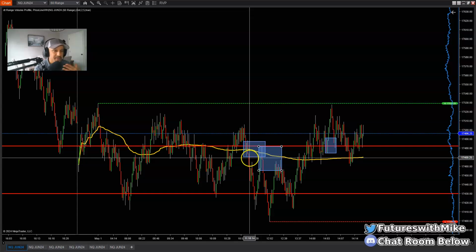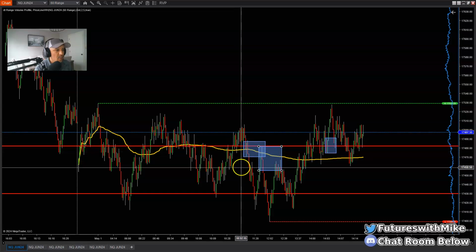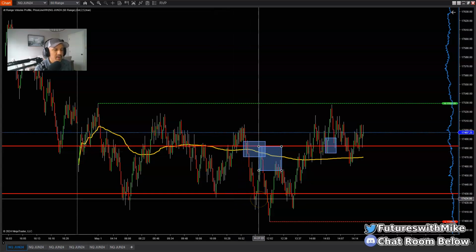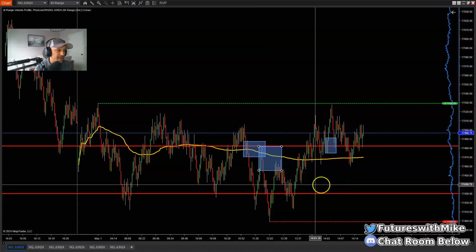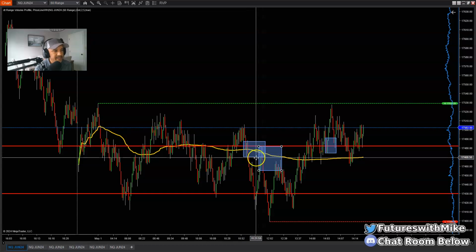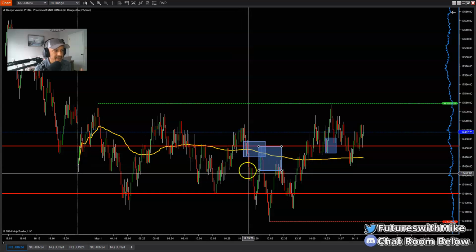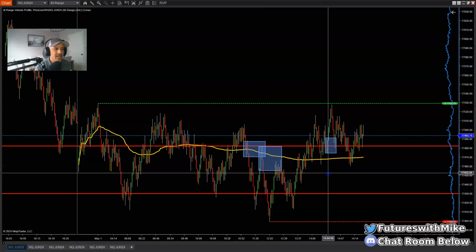But again, use your mind and think logically. If the move started from right here, where it pushed to the downside and broke through this area of structure at 426, what area would be wiser to trade from, here or here? Right in this area here. This is an untested area of supply as well, and there is an area of imbalance resting in between this area right here. So I would wait for it to get back here, because you've got to think in terms of